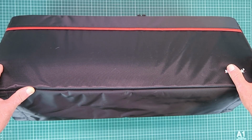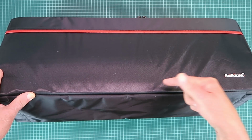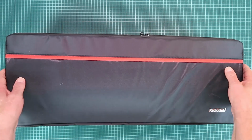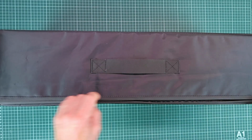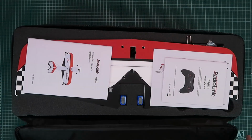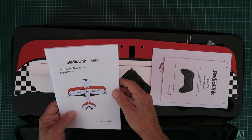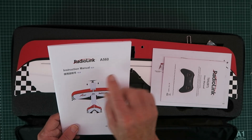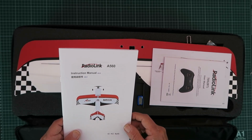Now generally I don't do unboxing videos, but in this case I'm going to make an exception. Ta-da! Introducing then the Radiolink A560, and this is the V2 version, so you may have seen older videos, but this